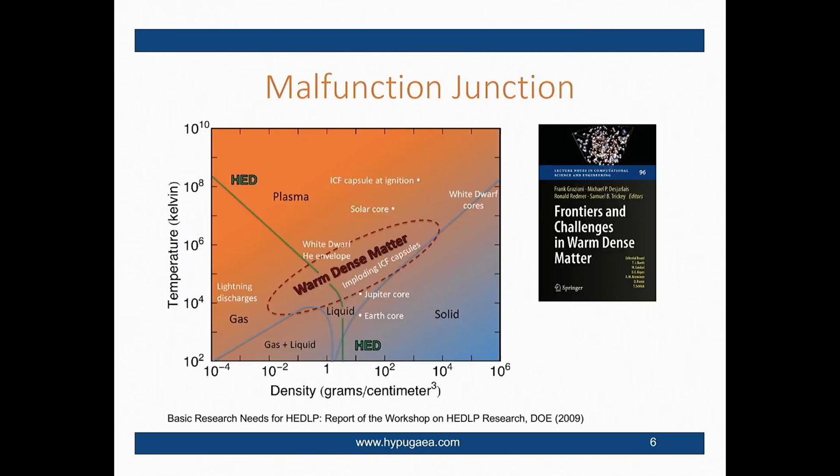When we're talking about high energy density science, some people, mostly me now, I think, call it the malfunction junction because it sounds like the way I talk. The reason is that when you think about the ways that we talk about theoretical treatment of different states of matter, warm dense matter and this high energy density science region, which is sort of denoted by this dotted area here, loosely defined, or sort of with this green line,